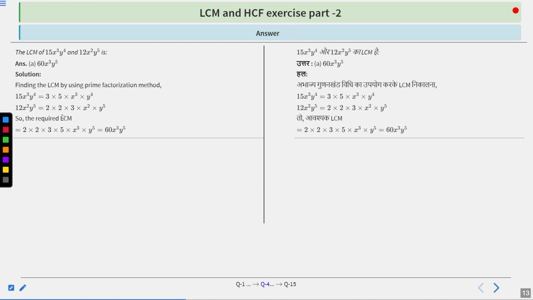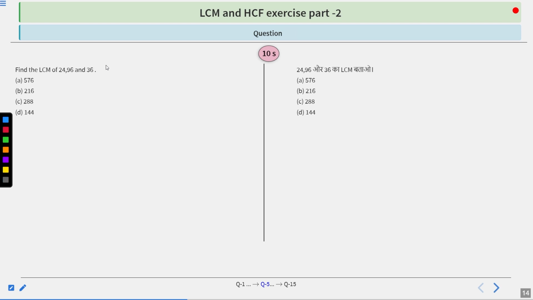So to find the LCM, we are going to look for the highest power of 2. So highest power of 2 is 2 because 2 is appearing only twice. So 2 into 2. Next 3 is appearing a maximum of 1 time, so into 3. 5 was appearing only once. Now in x cube and x square, we are going to take the highest power, that is x cube. Into, in y4 and y5, the highest power is 5, so into y5. So the answer is 5 into 3 into 2 into 2, that is 60, x cube y raised to power 5. That means option number A is the correct answer. So we used the prime factorization method to find out the LCM in case of the algebraic variables.